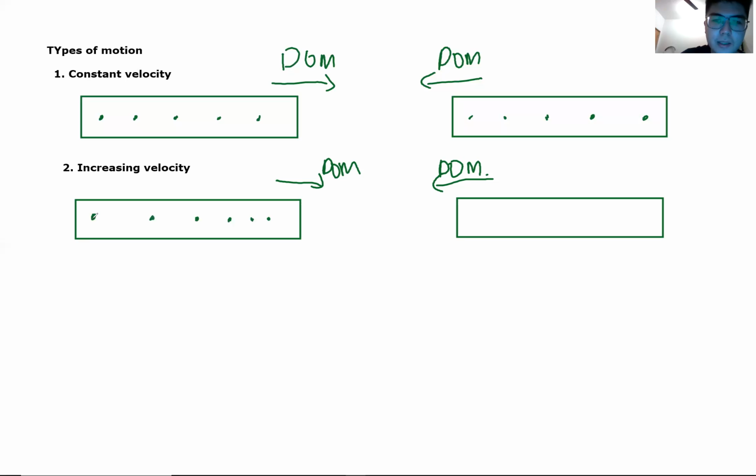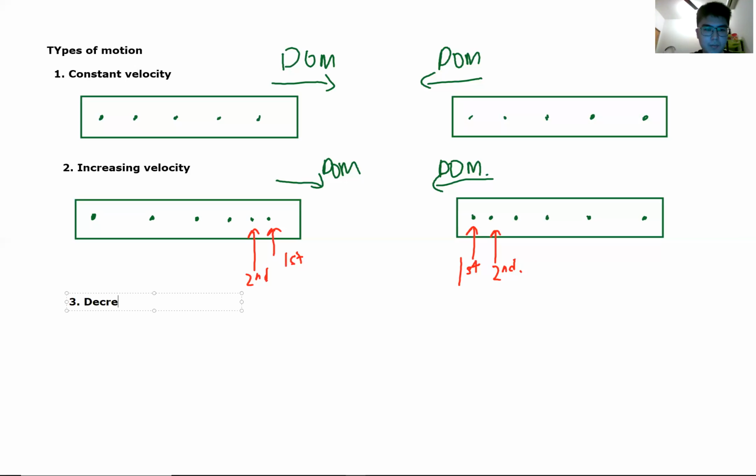Okay, so if your direction of motion is to the left, 意思说你这个是第一个点吗？这是第一个点，第二、第三，然后后面会慢慢越来越远，因为你在增加你的速度。Okay, so I write this down here. This is your first, this is your second, and this is your first, this is your second dot. This is increasing velocity. Now, next one, we have